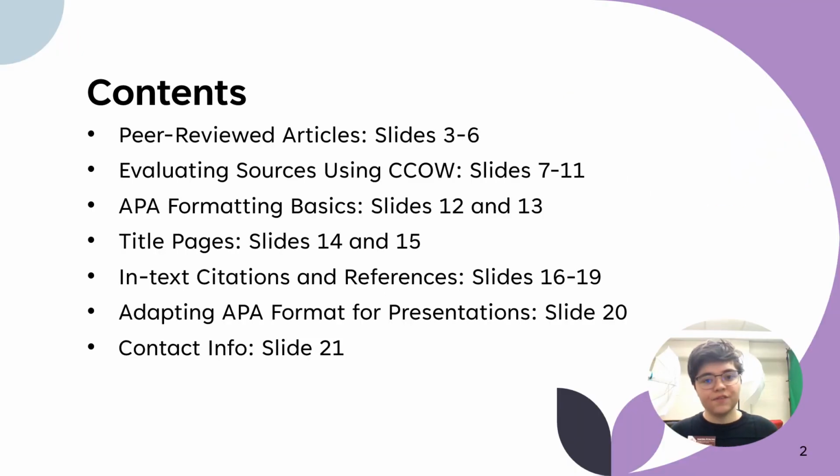So a quick overview of what I'm going over today. We'll talk about what peer-reviewed articles are and how to find them. I'll introduce you to a way of evaluating sources by looking at a broader context. Then we'll cover how to format a paper and cite sources in APA style, and how to adapt APA for